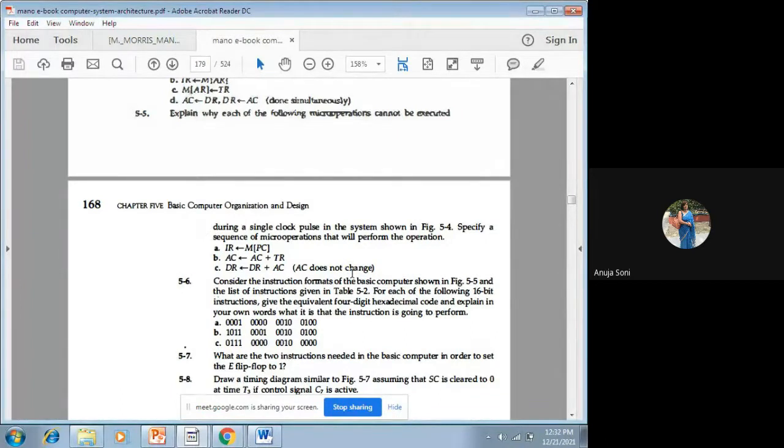और आप कह रहे हैं कि AC does not change, AC की वैल्यू चेंज ना हो, तो हम इनिशियल लेवल पे क्या करते हैं, AC की वैल्यू जो है उसे टेम्परेरीली DR में डाल देते हैं और DR की वैल्यू AC में डाल देते हैं। बाद में स्वैप करने के बाद DR की वैल्यू AC में जाएगी और AC की वैल्यू DR में जाएगी। पहले तो हमें DR प्लस AC करना है। DR प्लस AC करने से पहले हमने AC की वैल्यू को DR में डाल दिया और DR की वैल्यू को AC में डाल दिया।